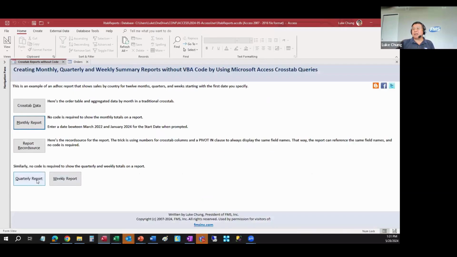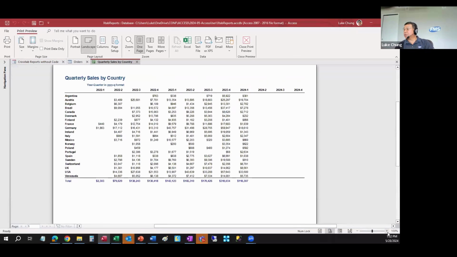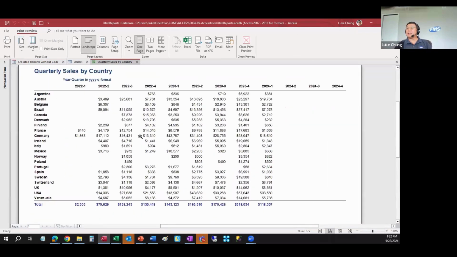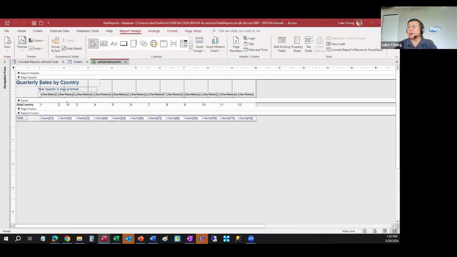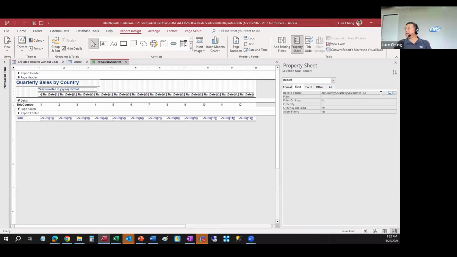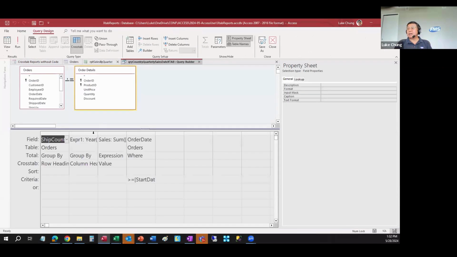Now, the same thing can be applied to quarterly. Using the same criteria, I can create a quarterly report, and it will show, in 3-month buckets, 2022-1, Q1, Q2, Q3, Q4, and so on. Using the same concept, we have this quarterly report, and we have a table that, instead of the year criteria, we multiply times 4, and then we add the order ID using the format. It'll come back with a 1, 2, 3, or 4